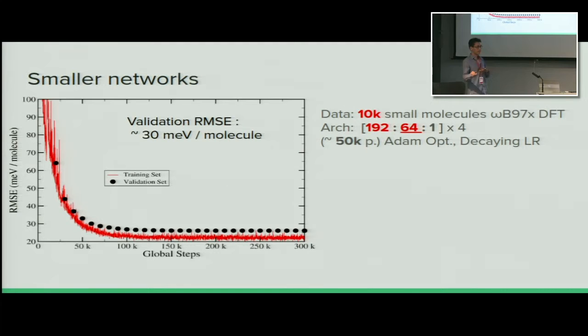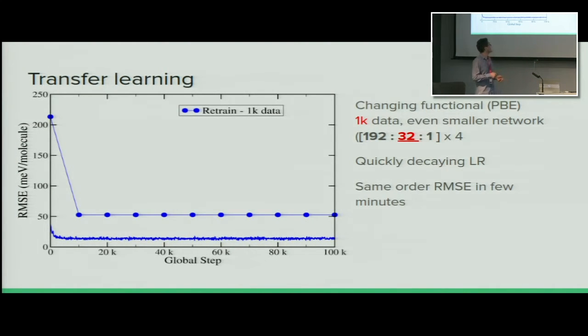The other thing, because we can mix and match these weights, is that we try to do some transfer learning. So we took this architecture, and then we recalculated the same molecules with a different potential. We tried to see if we could start from this network and get similar results, but much faster and with an even smaller data set. So we just had 1,000 molecules in this case, and with 1,000 molecules, if you try any structure, you tend to overfit right away. But we've seen that if we start from a network that is good for similar molecules with a different potential, very easily and very rapidly we can quench the system and get to a good network for this new potential in a matter of really just minutes